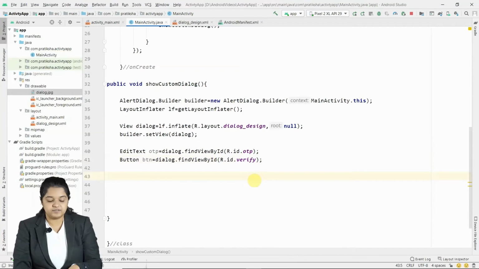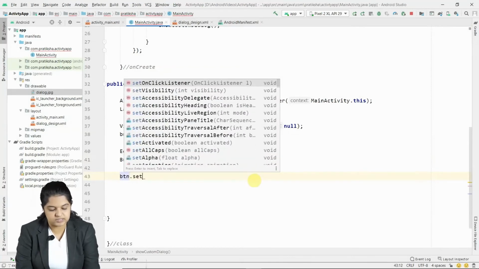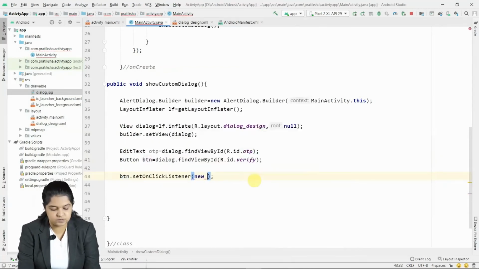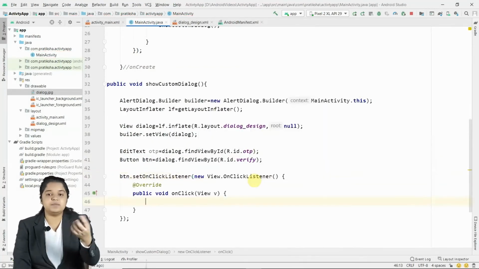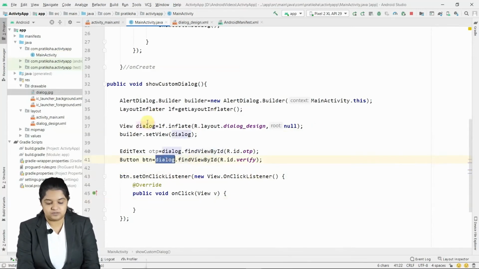What I want is whenever the user clicks on the verify button, so btn dot set on click listener new, space capital O. This is a mini activity, part of an activity, called a fragment. We are going to see fragments in detail. So fragments are nothing but parts of activities. Those act exactly like the activity. This is also acting exactly like an activity. But the view here is dialog, that is